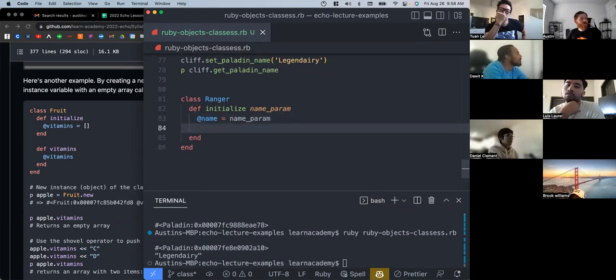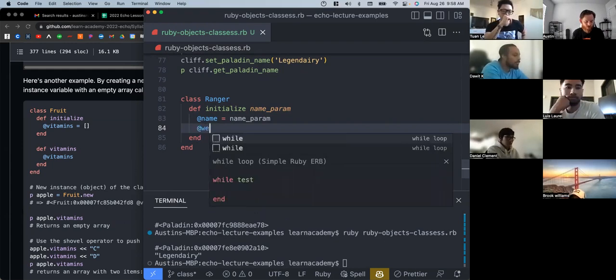But initialize can also just set some basic information without having to use arguments. And that would be like,